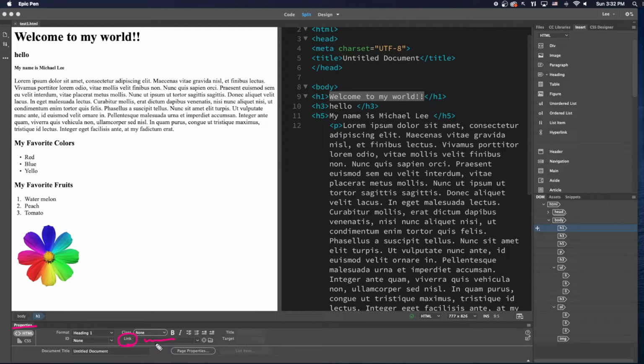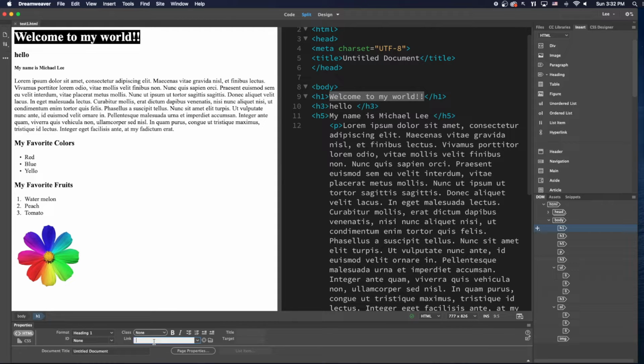For example, if you make the entire welcome to my world say google.com, then whenever you click on this, it'll go to google.com. So let's say I'm gonna put the entire word and then click on here. Now you cannot say google.com